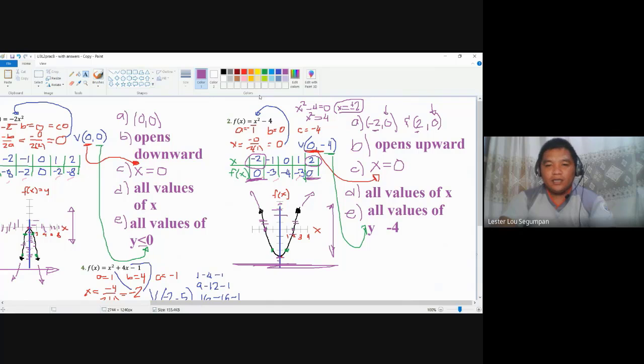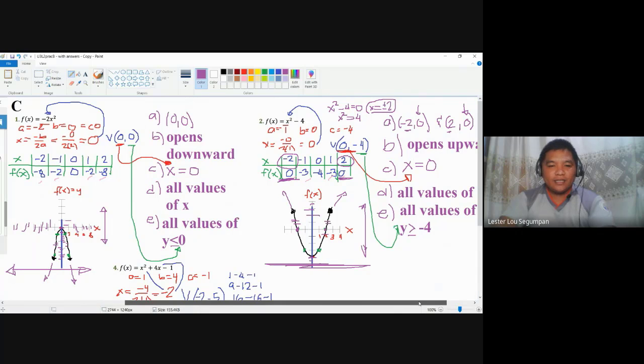Here, as you can see, this is now the minimum value, and it doesn't include -5, which is less than -4. It only includes -3, -2, even the fractions here until +1 million. So they must be all values greater than or equal to -4. So these are the items, important analysis for number two.